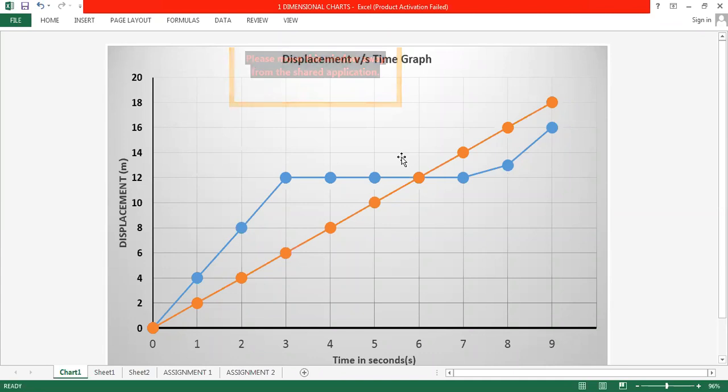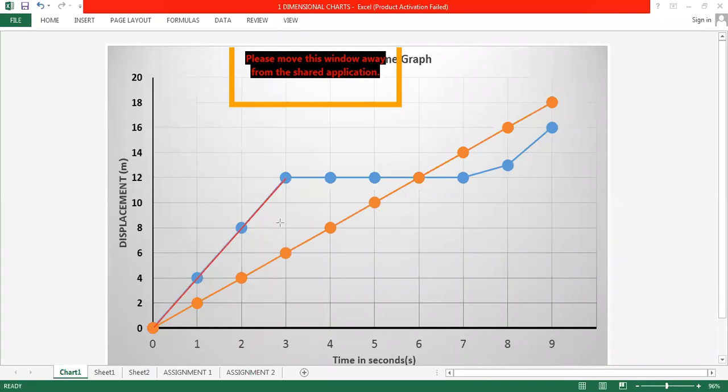For that uniform velocity. Yes, you have to write all the questions and all the answers. Ruchir, you have to write all the questions and all the answers. See, we are talking about this motion. All of you, we are talking about this motion. Here it is moving with uniform velocity.